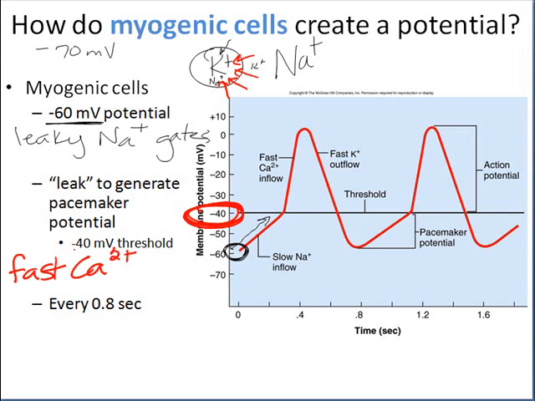So they are specific to permitting the inflow of calcium, lots of calcium outside the cell, very little inside. The calcium rushes in very quickly. And again, because calcium is also positively charged, this is going to pull the cell up into the positive territory as more and more positive ions flow in. We get rapid depolarization